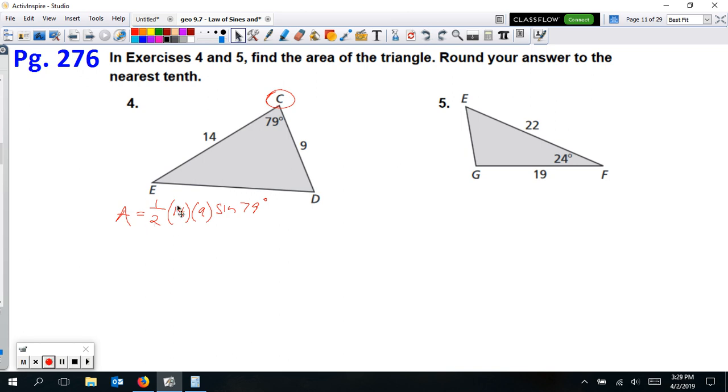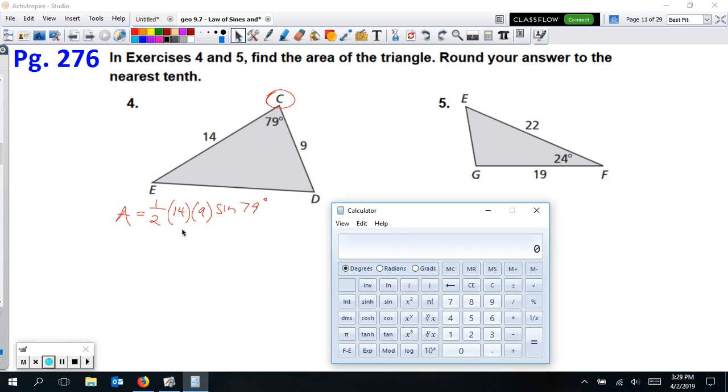So it's 1/2 times the 2 sides you have, and times the sine of the included angle. Remember, it's side, angle, side here. This only works with this situation, side, angle, side, for finding the area. And now just using our calculator, we can then